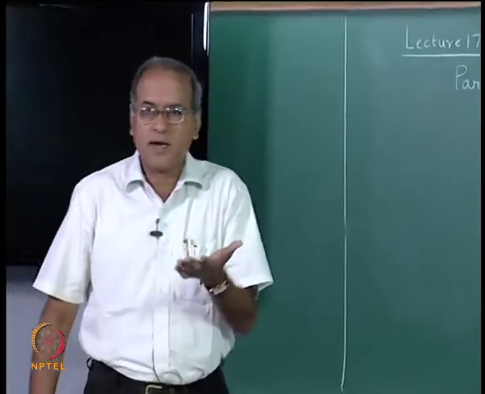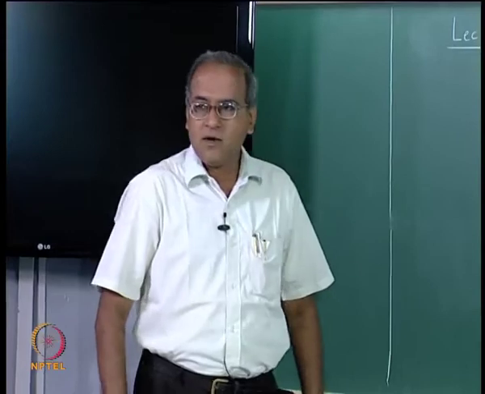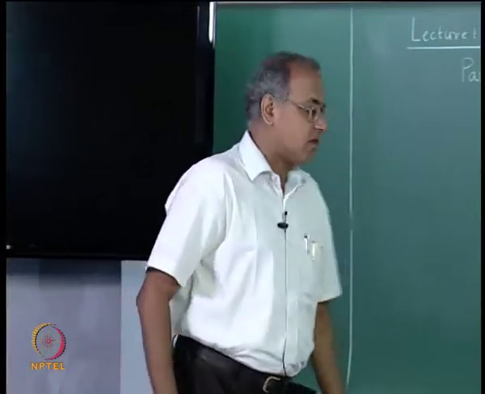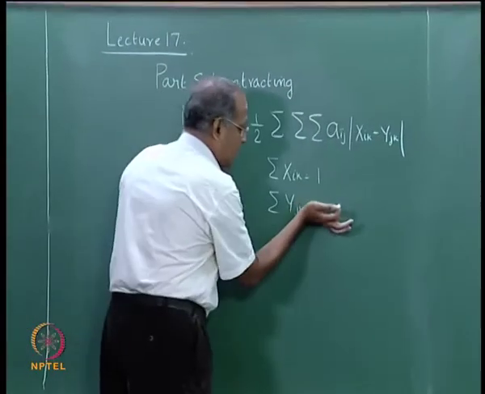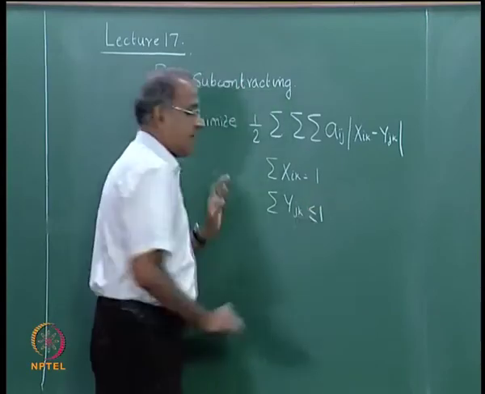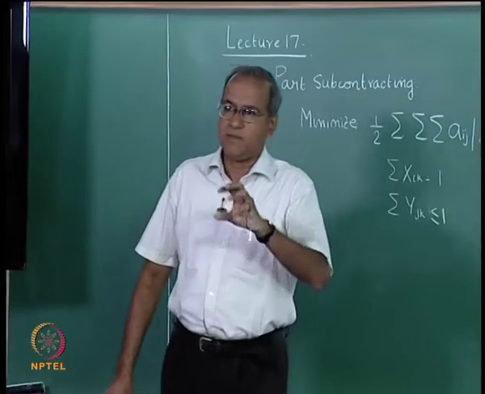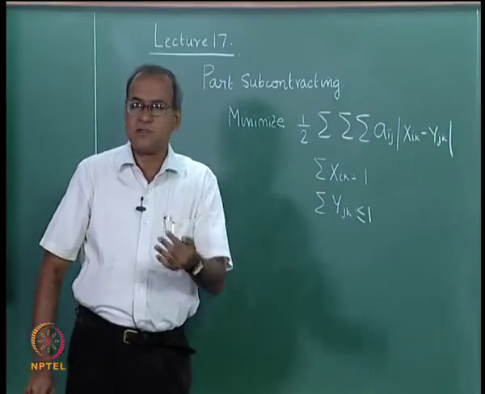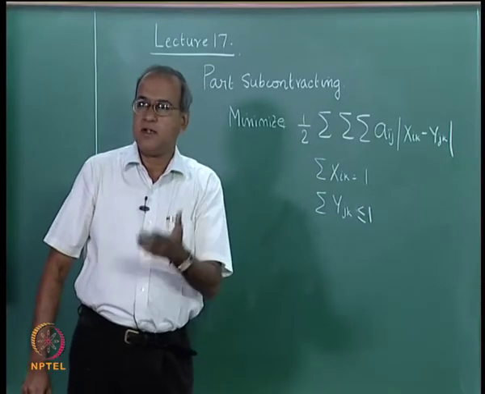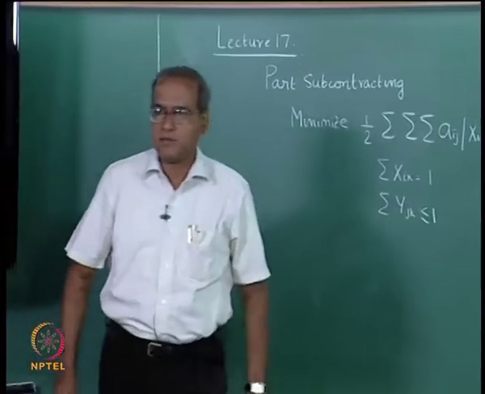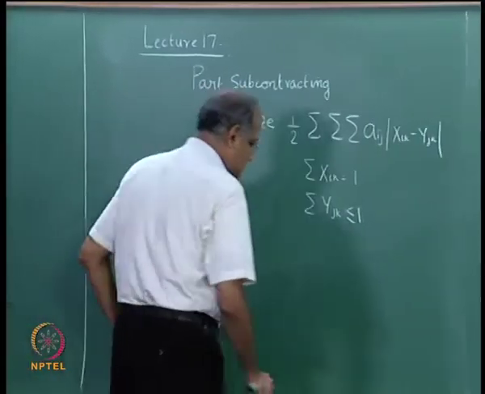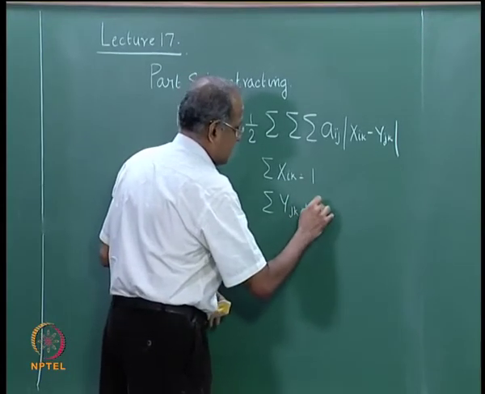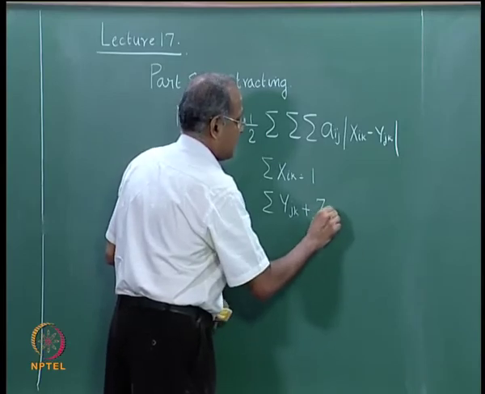So, now with part subcontracting being included, then all the parts need not be assigned to cells, while some parts are subcontracted. So, this can be written as y j k less than or equal to 1, which indicates that it could be assigned. If it is 1, then it goes into a group; if it is not 1, then it does not go into the group, it takes 0 and it is subcontracted. So, one way to do it is to write like this, or another way to do it is to say sigma y j k plus some z j is equal to 1.